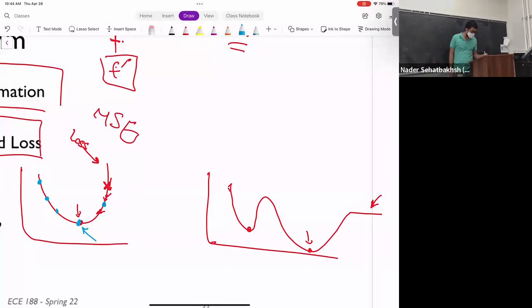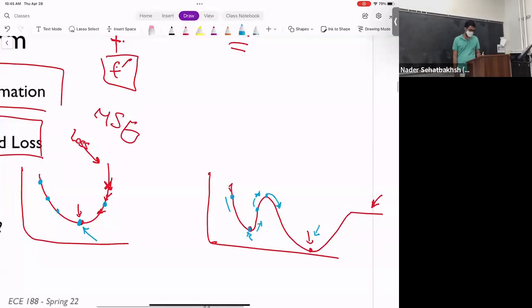So for example, if you start here with your gradient descent, you're going to go here, and you're going to get kind of stuck at this point because based on the gradient descent algorithm, if you go in this direction, you see that your loss is actually increasing. So you only stay here forever. And unfortunately, you're stuck in your local minimum, right? What you want to do is ideally find this point. So if you're here, you might actually be able to go up the hill and then go down from there and find this point. Or the chances that you actually get stuck in this are also pretty good.